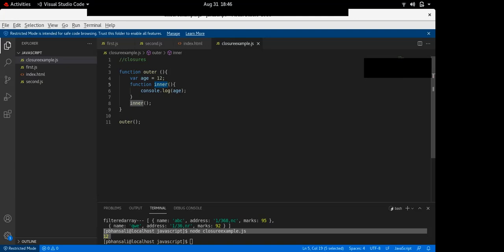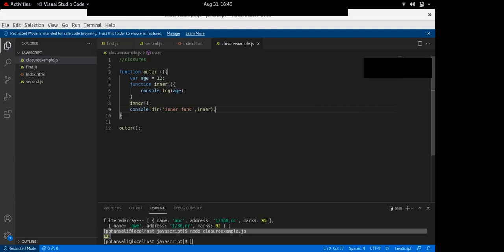Now the interviewer will ask you where this closure is stored. How can I see the closure? Let me explain that also. We will try to see in the browser how this inner function looks.